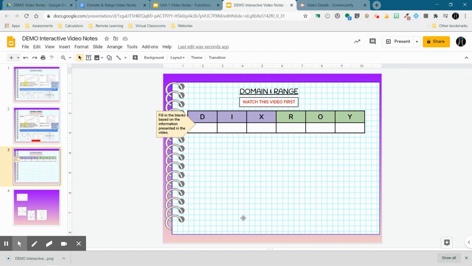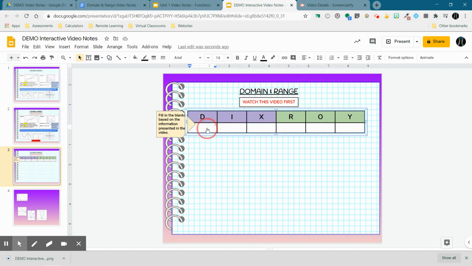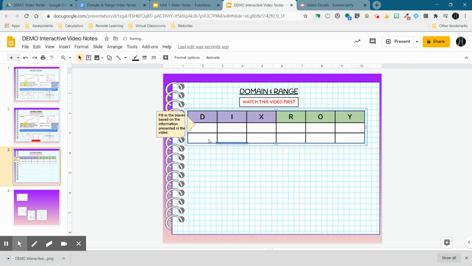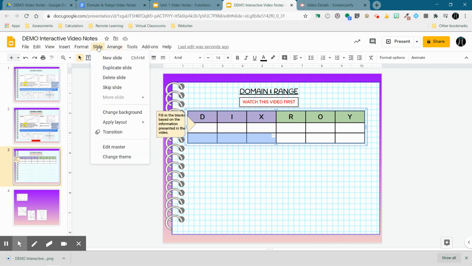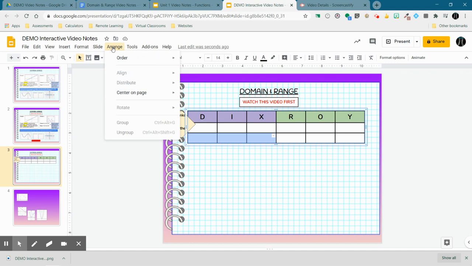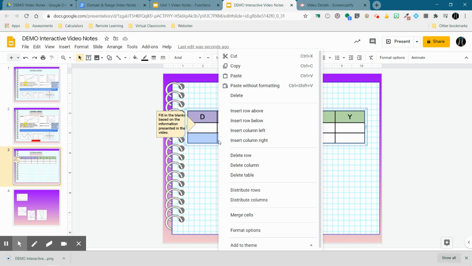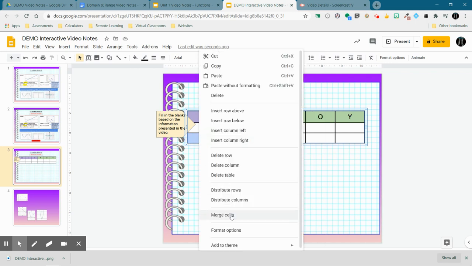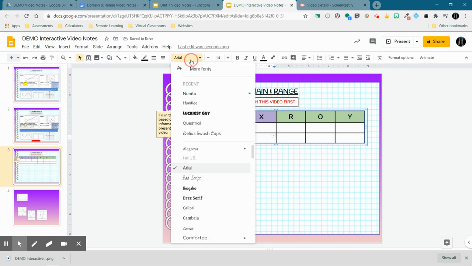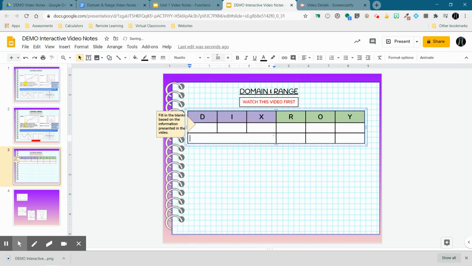All right, so the other thing I want to put down here underneath, I'm going to add one more row. So insert row below. And that's where I'm going to put a definition. So I'm going to merge these 3 cells together. So I'm going to go to arrange, format, where is it? Oh, here we go. So I right click and I get merge cells. And then I'm going to type my definition of domain, set of all inputs for x coordinates